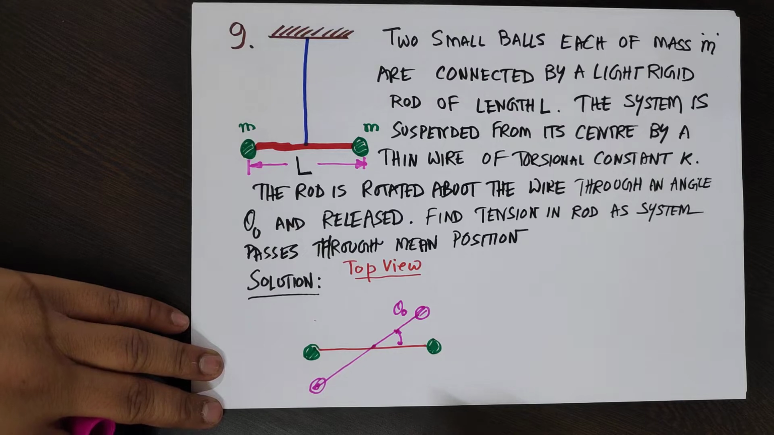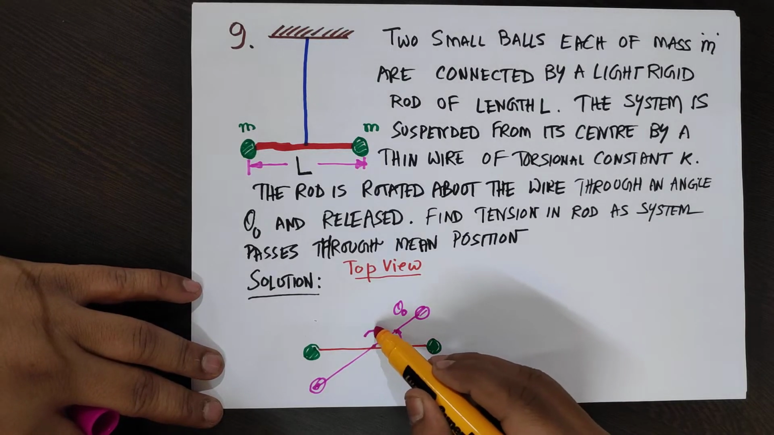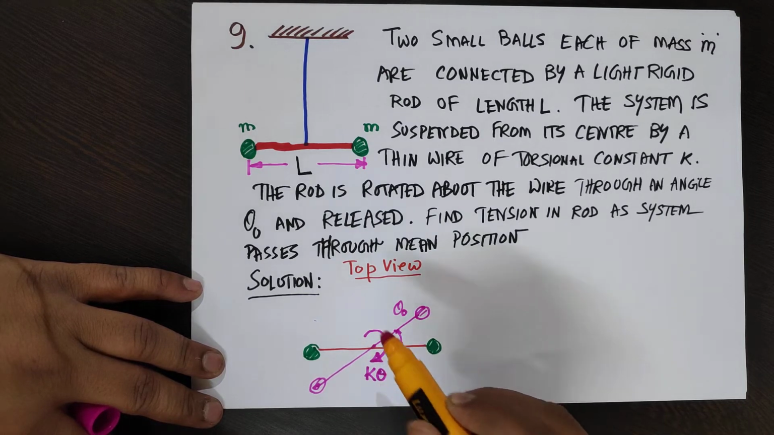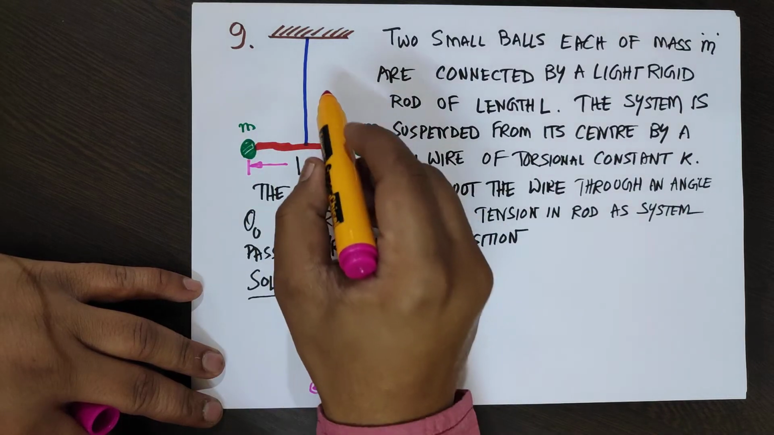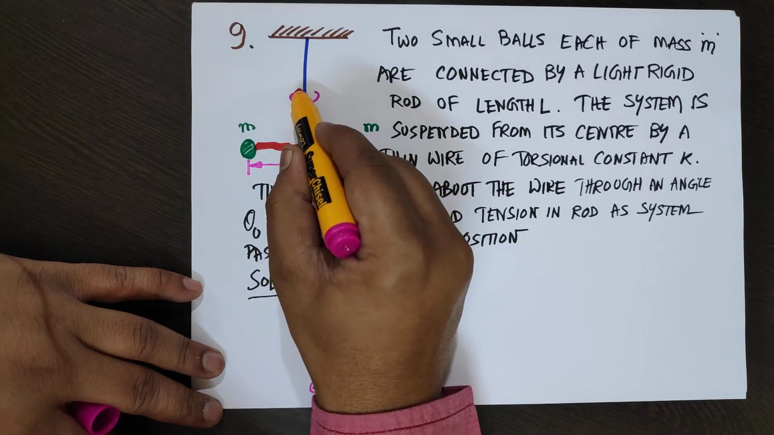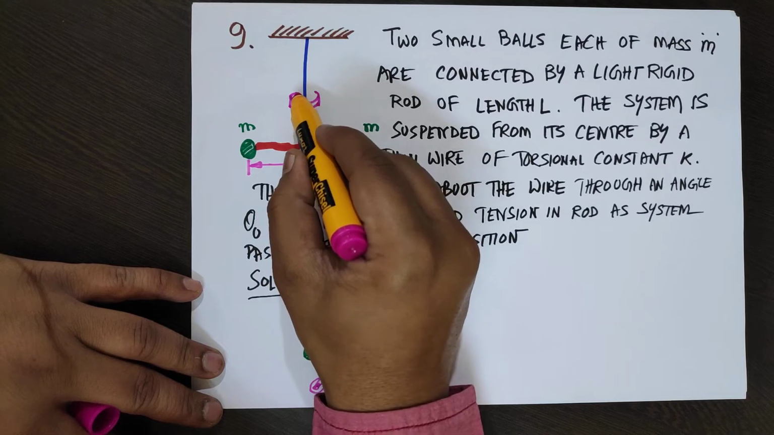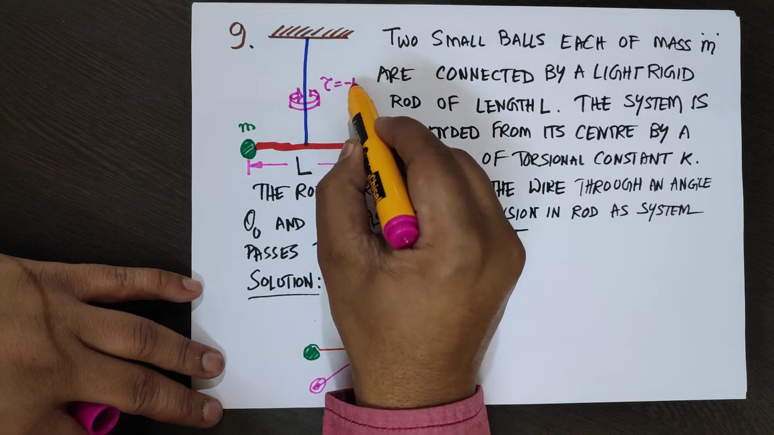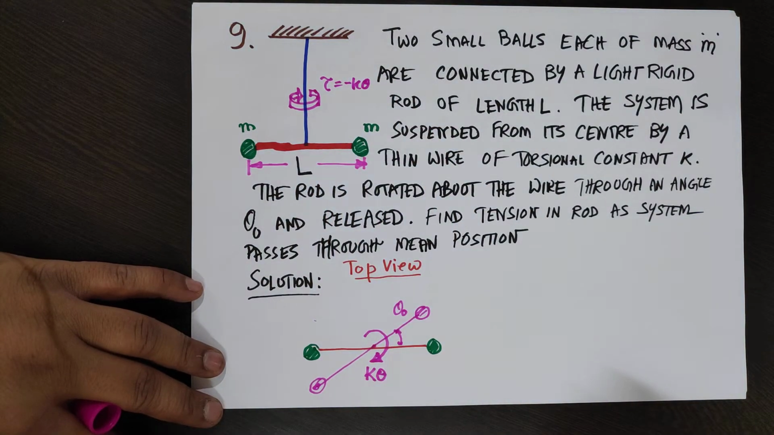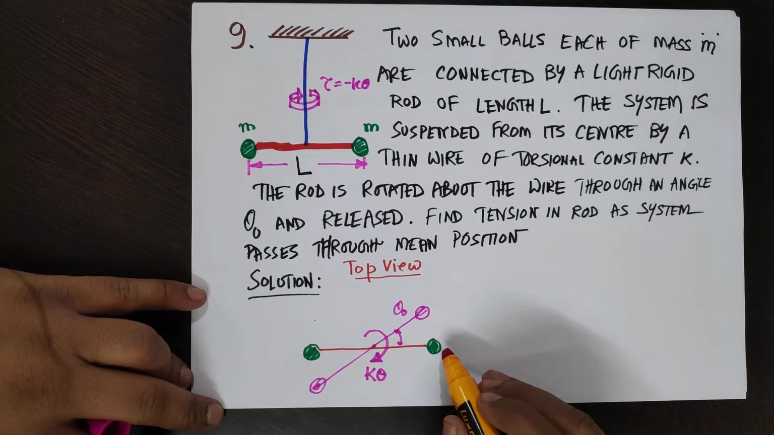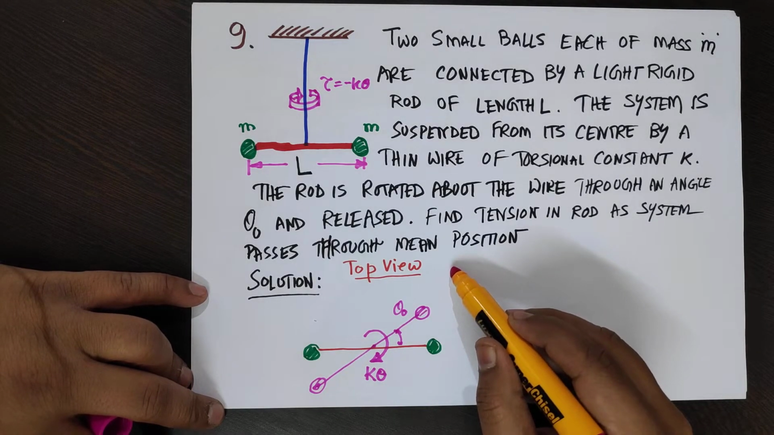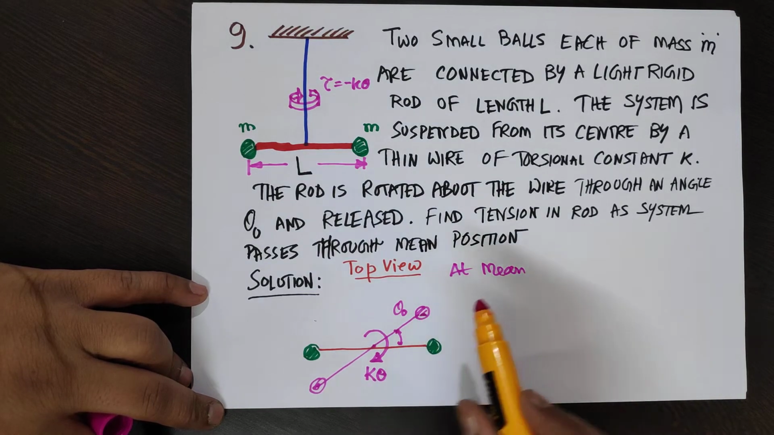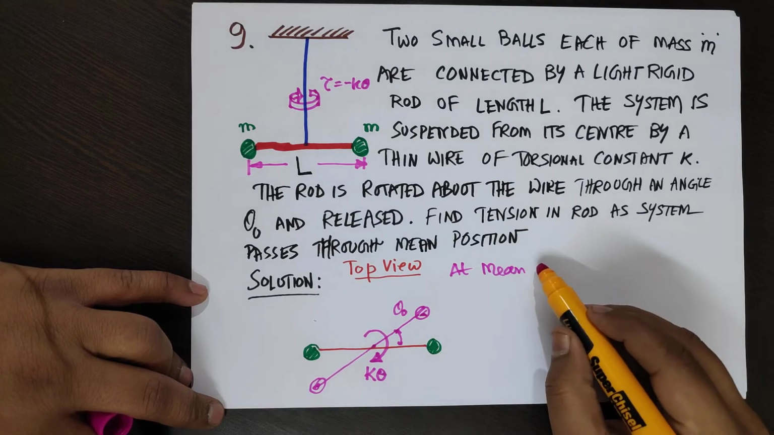Okay, so there will be torsion. So this torsion constant K means it will be acted upon by this force k theta. Now in this diagram it's moving this way, so this k theta. This torsion equal to minus of k theta with proper signs. Okay, so at mean position, after it is released from this extreme position, when it again passes through the mean position,